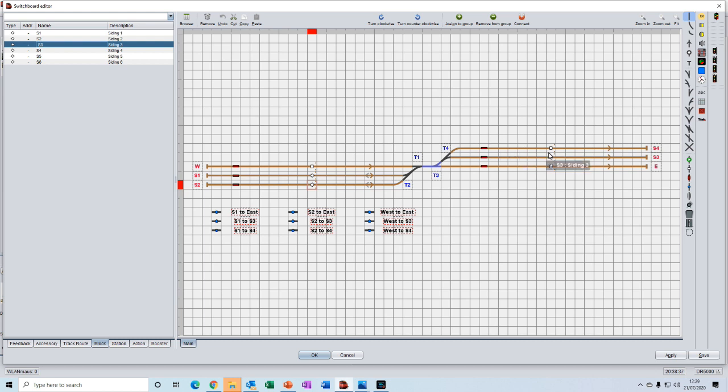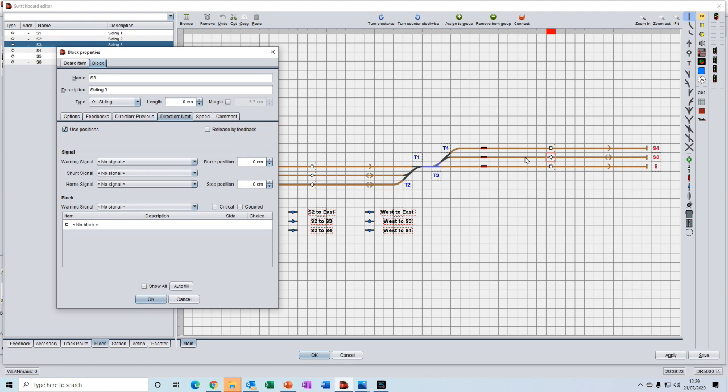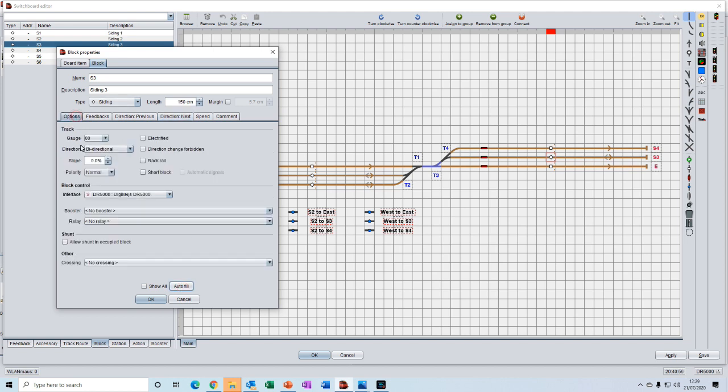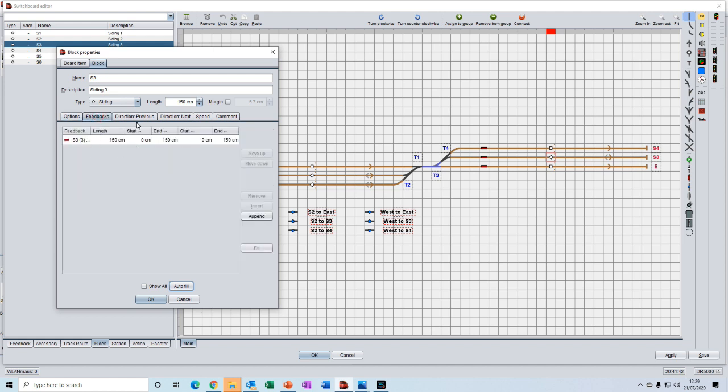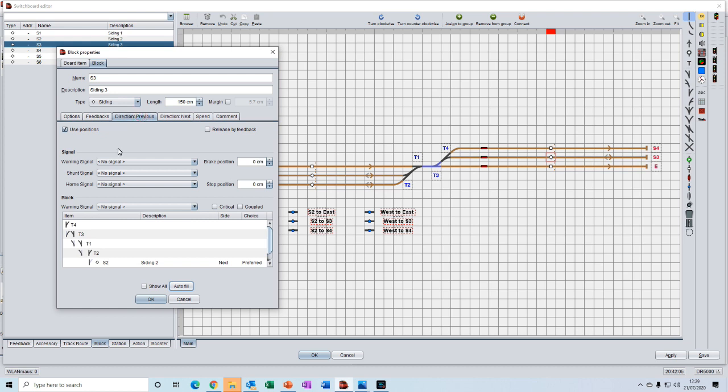We'll drag it down to S3, double click on it, see that the name is correct, the siding. We'll press autofill, it has added the length. We look at the options, they're the same. Feedback is correctly entered. Previous tab, use positions, is ticked. All we need to do is put -5 in the stop, return, and do the same for the direction next,